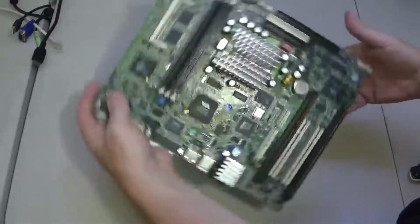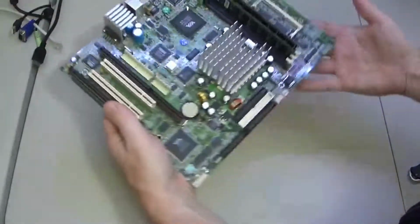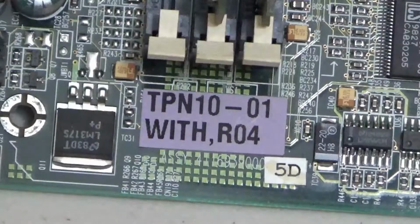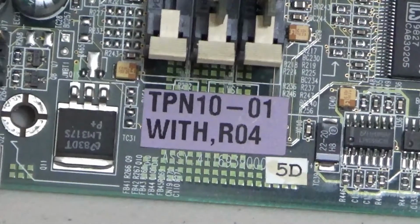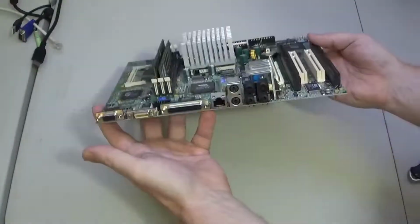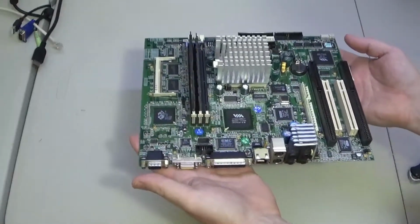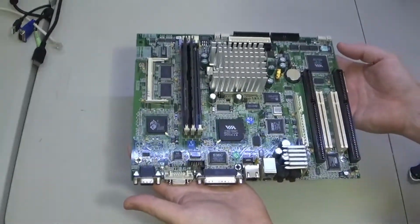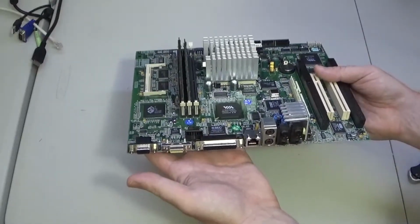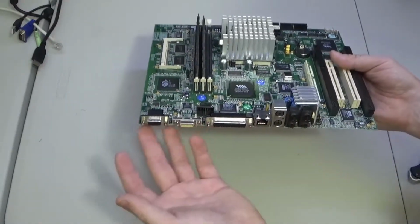Alright, and there we go. This is a Compaq system board, TPN 10-01. This is a board from the early 2000s that, near as I can tell, and there's not a lot of information online about it, just listings of it, it appears to be the system board for point of sales